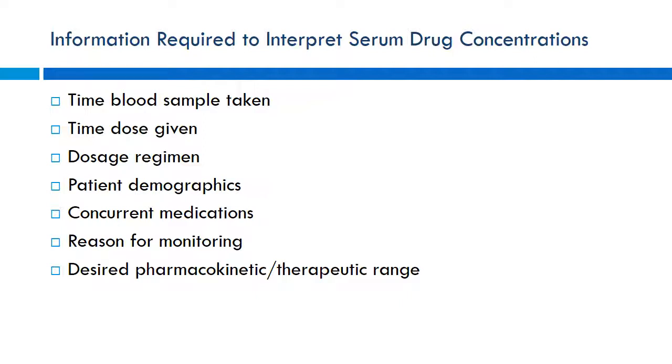No. It comes back a little too high, you're going to change your regimen. The patient's not having toxicity. They're like, well, no. Then why are you checking the level, right? So you need to have a rational reason for why you're doing that. And then also, you need to know what the desired pharmacokinetic or therapeutic range is going to be for these